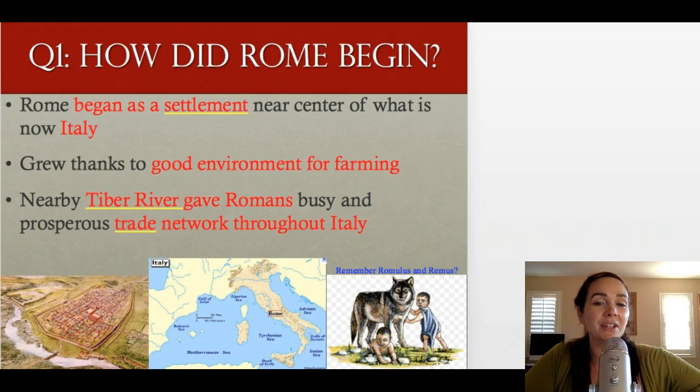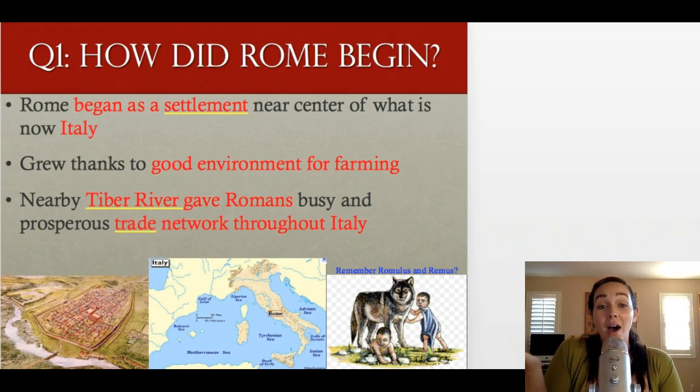So taking a look at your yellow notes here, you have: how does Rome begin? Obviously, if you look at the slide, you can see that it starts as a settlement near the center of what's now Italy. It wasn't called Italy yet back then, but almost right smack dab in the middle of what is now Italy, that boot shape that you see when you look at a map of Europe, that is where Rome begins